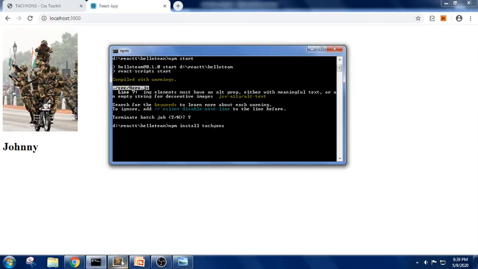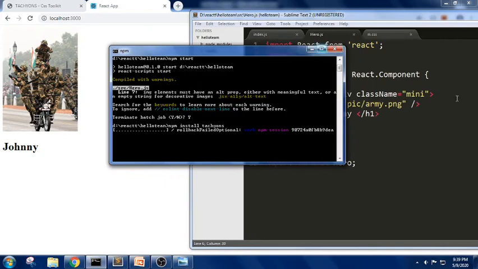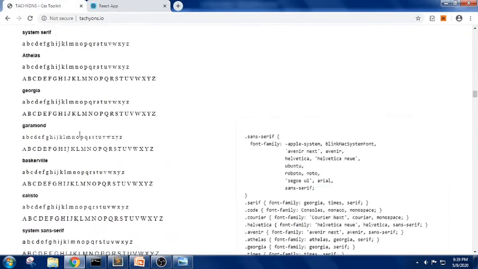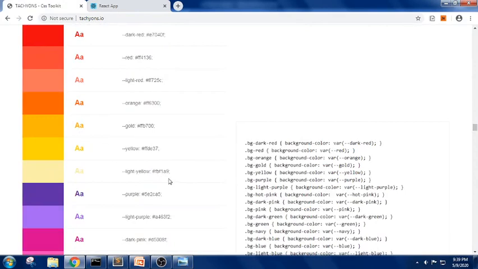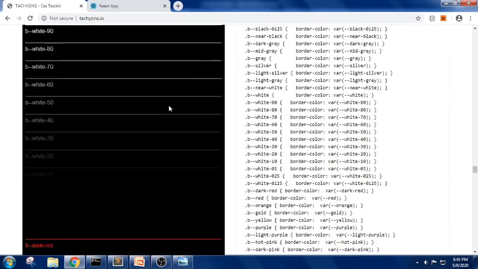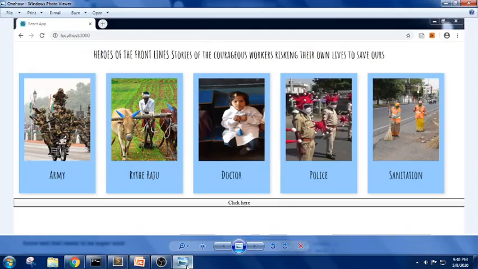So once it is done, we can make use of Tachyons. It will have similar class names to how we write using Bootstrap. And don't forget, once it has been installed, again you should write npm start. So for this class component, we will try to use those Tachyons properties. In Tachyons we have some properties like ma16. Let us look into this file. So we have all these properties. We can make use of these class names and write them. For this session I will be using only three basic classes which will be useful in designing this layout.